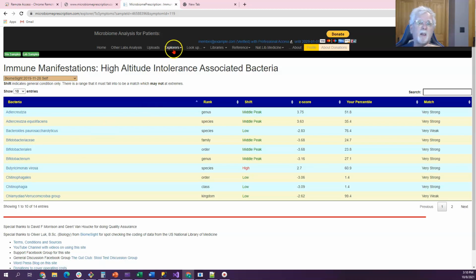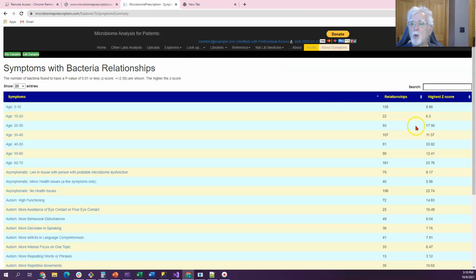Let's go back again, and we have a number of relationships, highest value, and what I should do is toss in a number showing how many people have this particular symptom. Basically, this is lots of statistical fun and games, and let's not get into that at the moment, but basically you see the relationships.